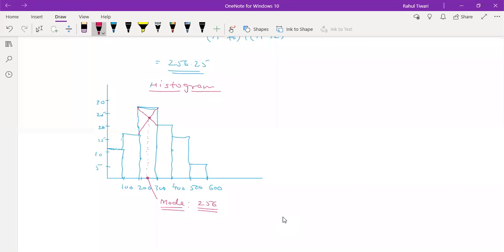So there may be some type of MCQ questions like, from which graphical method can we find the mode. So options will be given: histogram, ogive, less than, greater than, right? So you should understand what histogram gives: it gives the mode. So using ogive, what will we get? Using ogive, we will get the median. So there may be some MCQ type questions in your internal examination. Maybe when you take a quiz in GC, you may get this type of basic questions in MCQ, which are straightforward.